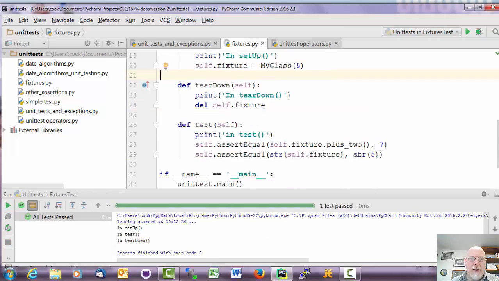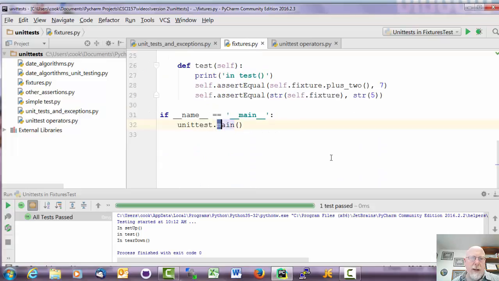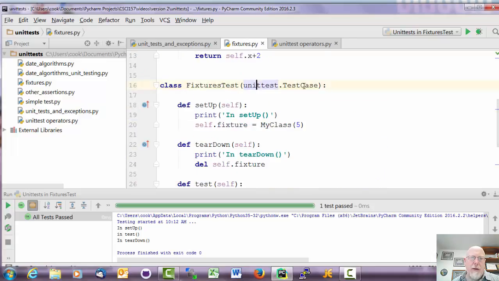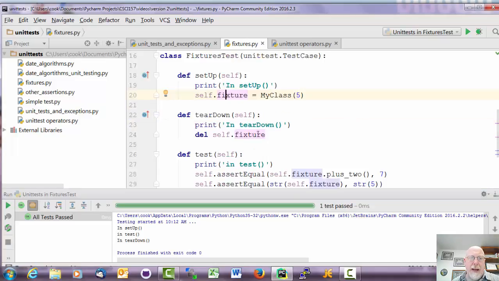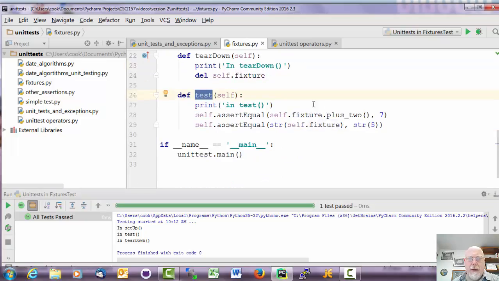And notice the order of things that are done here. So I have a print in setup. So when this is run, we run unittest.main, which goes into the unittest.TestCase. And the first thing it does is it looks for a setup. So it goes to setup, and it prints out in setup and creates this instantiation with self.fixture. Then it looks for test cases. So it looks for methods that begin with the word test. And you can have more than one, and it will run all those test cases. And we're going to do another video on running multiple test cases. We run this test,